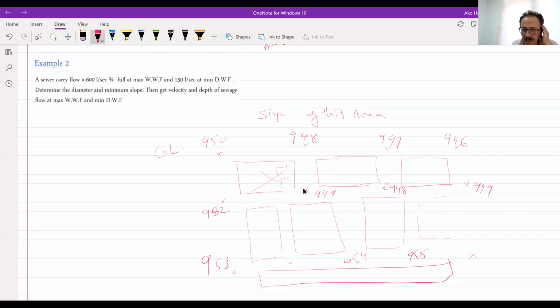So these numbers are telling you the topography of this area.